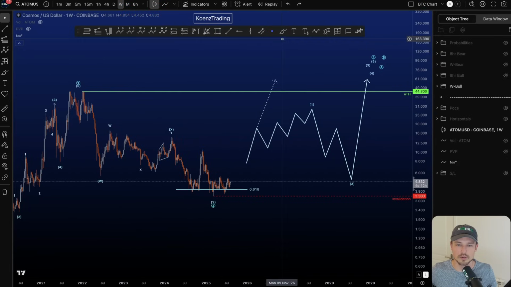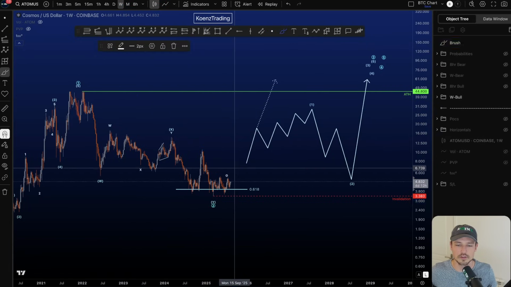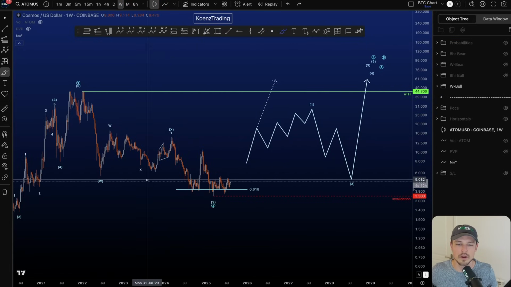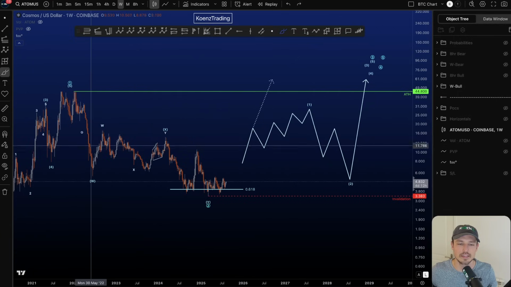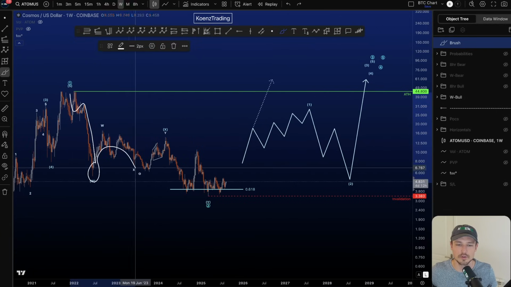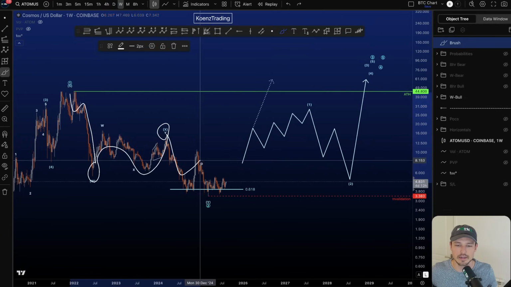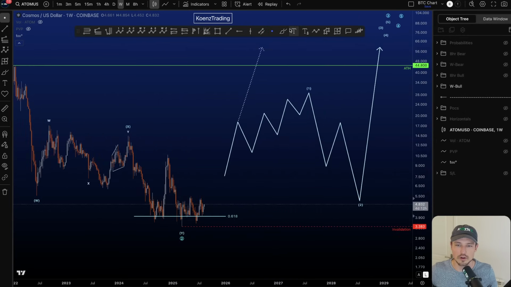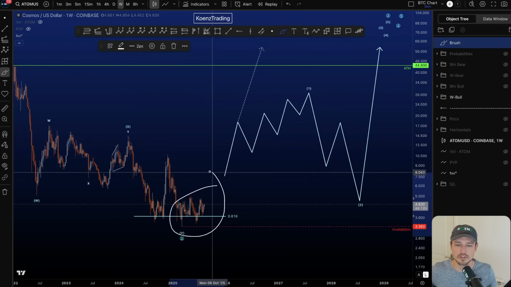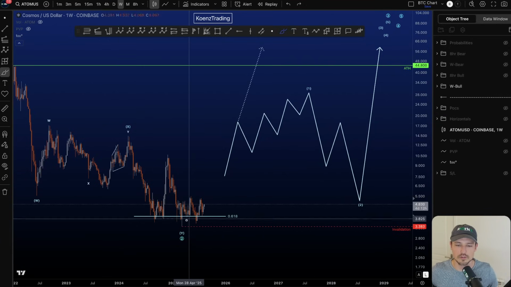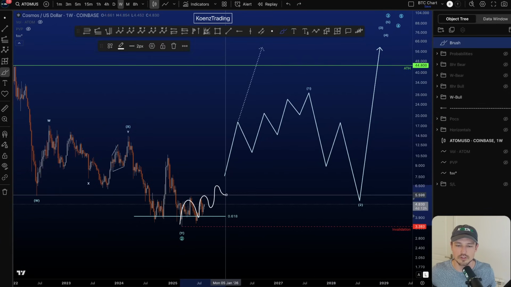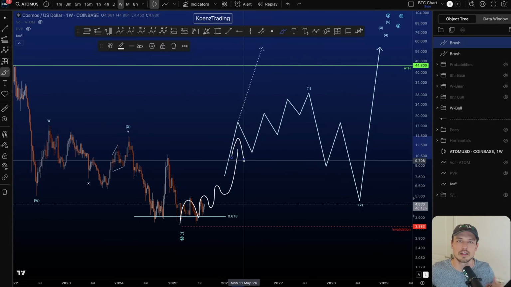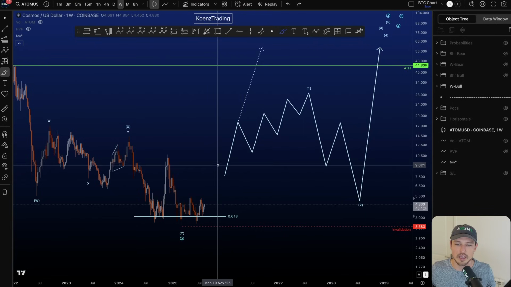After wave 1, we want to see a corrective retracement to the downside in a wave 2, which internally is counted as a double zigzag: zigzag in W, sideways structure in X, and another zigzag to the downside in a wave Y. Now off the low, on the lower time frames, we then want to count a couple of 1-2s, 1, 2, 1, 2, 1, 2,